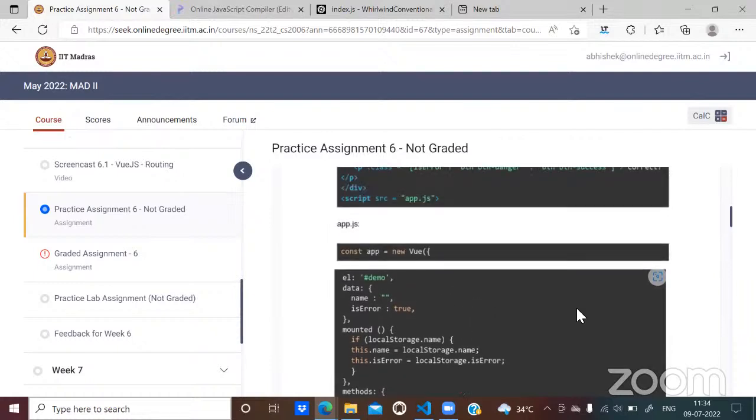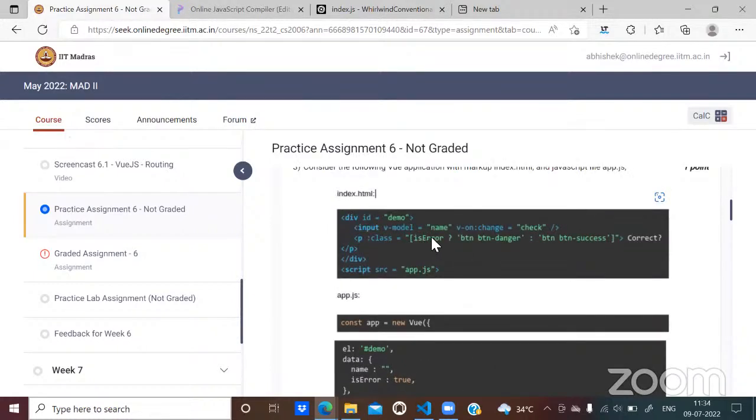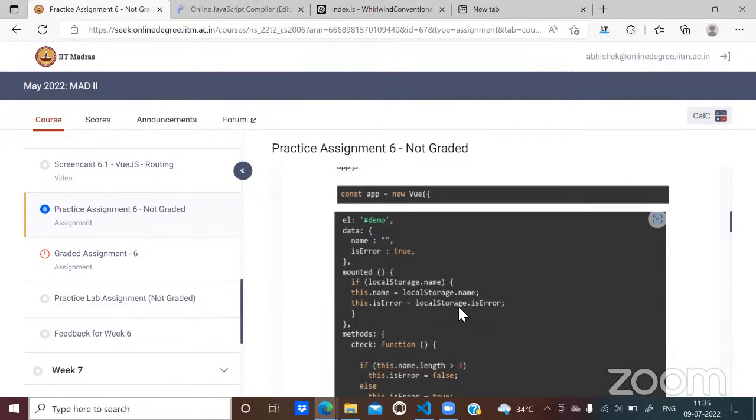So what you are asking is how this expression is getting true, how this class is being applied, is it? Yes, exactly. We understand that the value of is error is false. But when you fetch it from the local storage, remember that everything from the local storage will be fetched as string type.